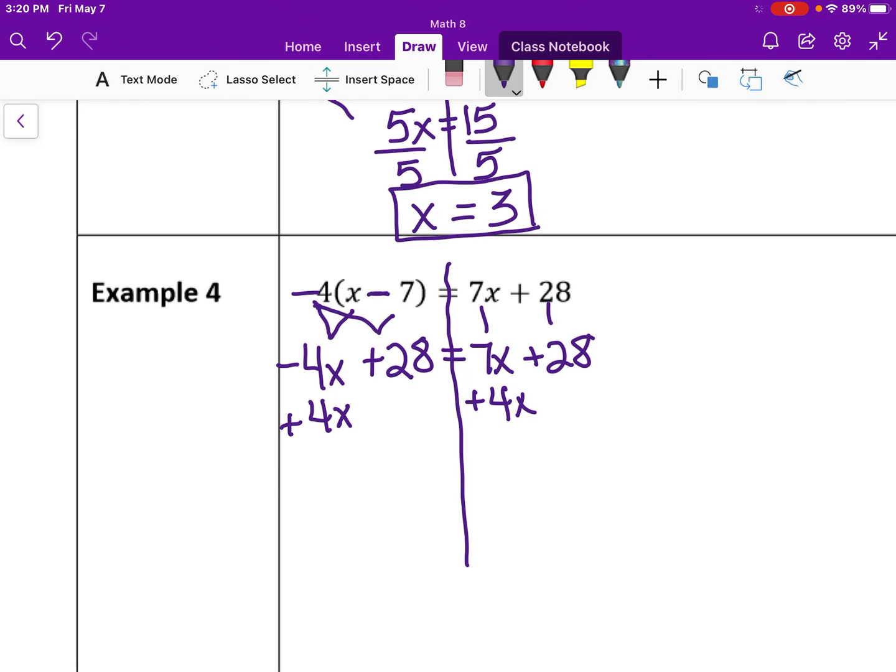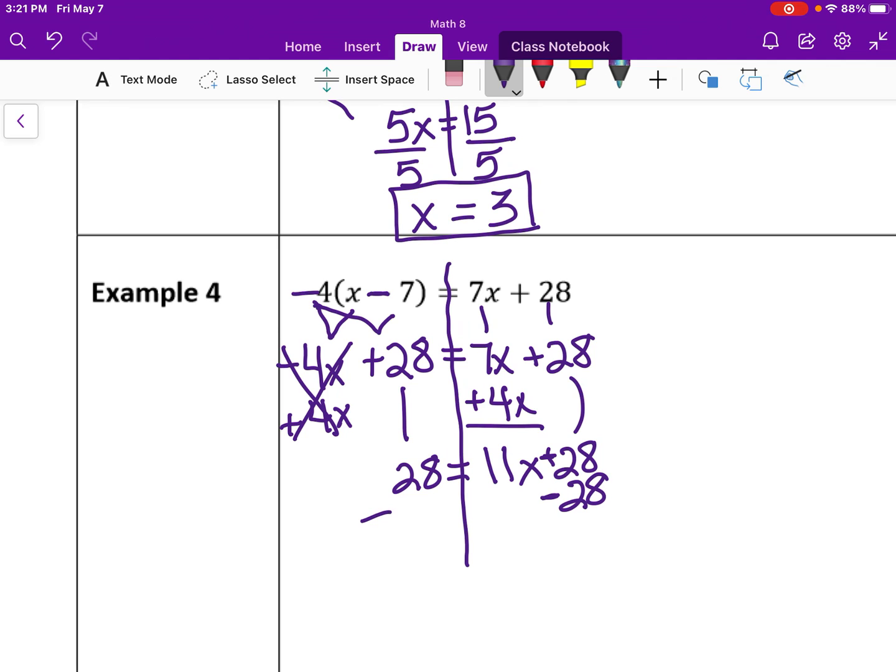Now remember, if you subtracted 7x from both sides, you're still going to come out with the same answer. I just prefer to do it this way. So those cancel out, leaves me with 28 on the left side equals 11x, and then bring down my 28. And now, that's a positive 28. Now I need to bring this 28 on the right side over, so I'm going to minus 28